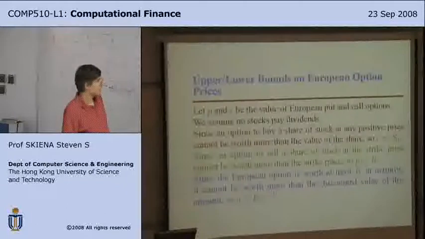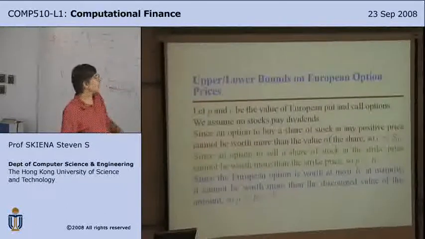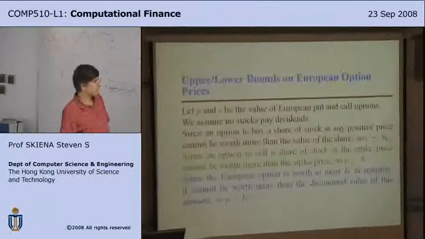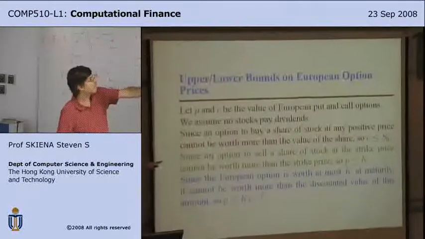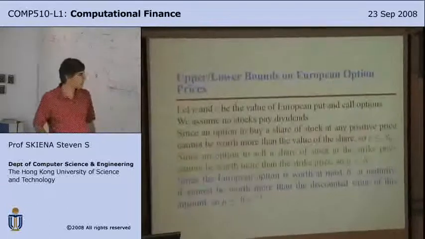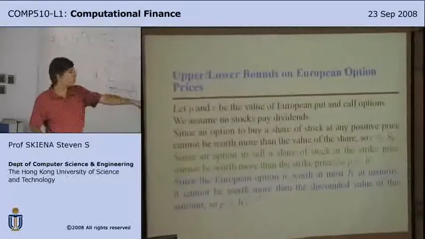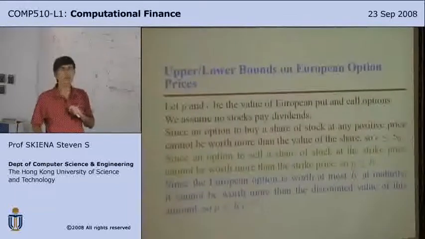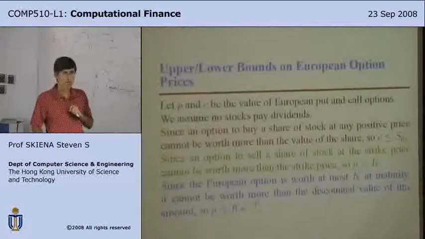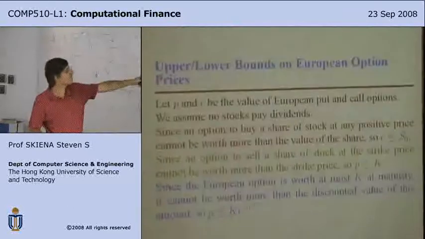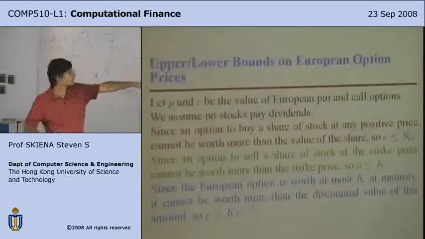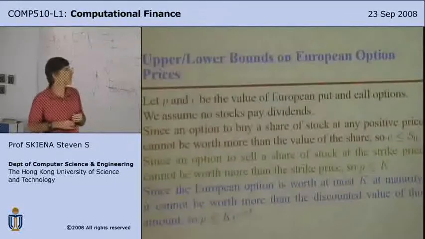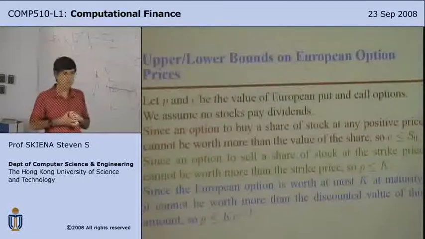So why do we need the blue one? Well, no, I think it's the other way around. If the put is less than or equal to something, in the first case, the green one, it would say the put is less than or equal to $100. The present value of that $100 is less than $100. Let's read out what it is. The green one here says that the value of the option has got to be less than or equal to its strike price.